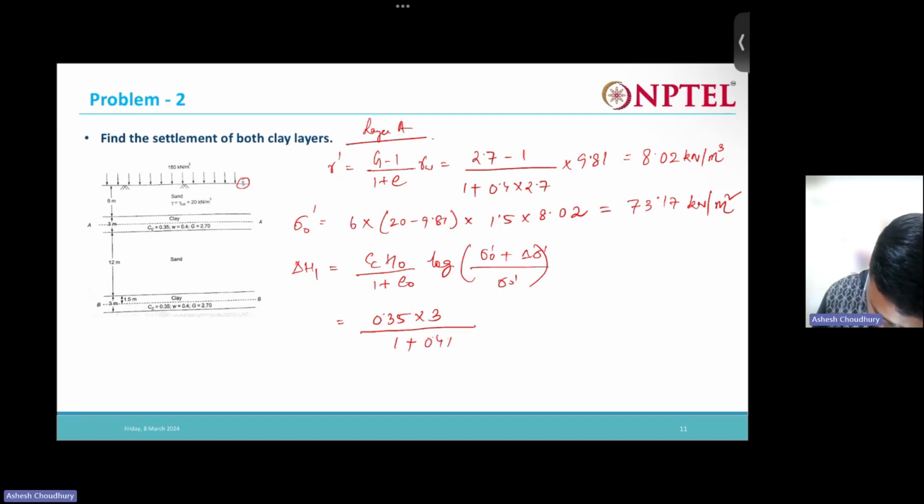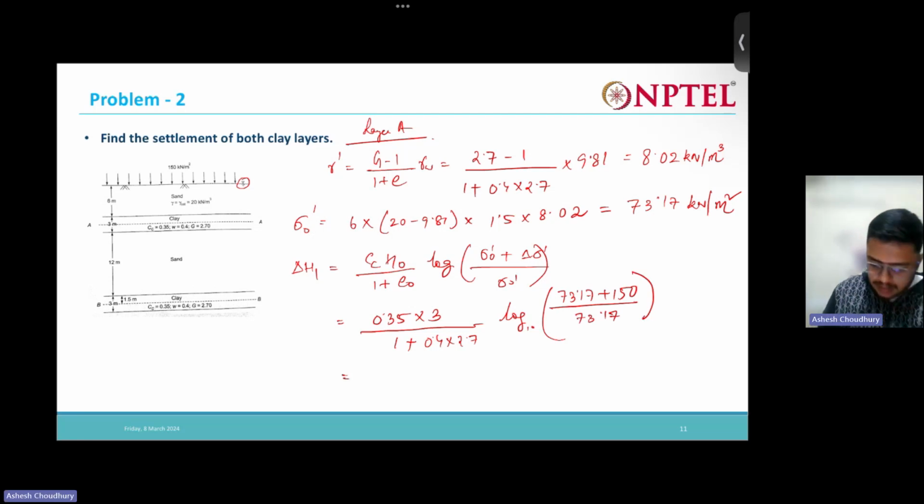Okay, okay, so calculate this, please calculate. Let us see how much settlement we are getting for this layer, and then we will see for the lower layer how much settlement we are getting. Okay,